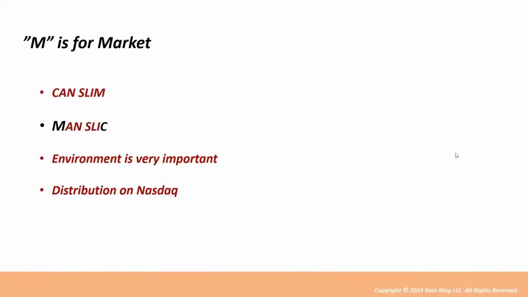So being position traders and foundationally being CAN SLIM traders, the market is what the M stands for. Now, many people would say you should reverse the M and the C, and it should be called "MAN SLIM." I know that the New Jersey meetup looks at it that way. Because the market is so important, maybe it should be the first letter in your evaluation of stocks. The market environment is very, very important.